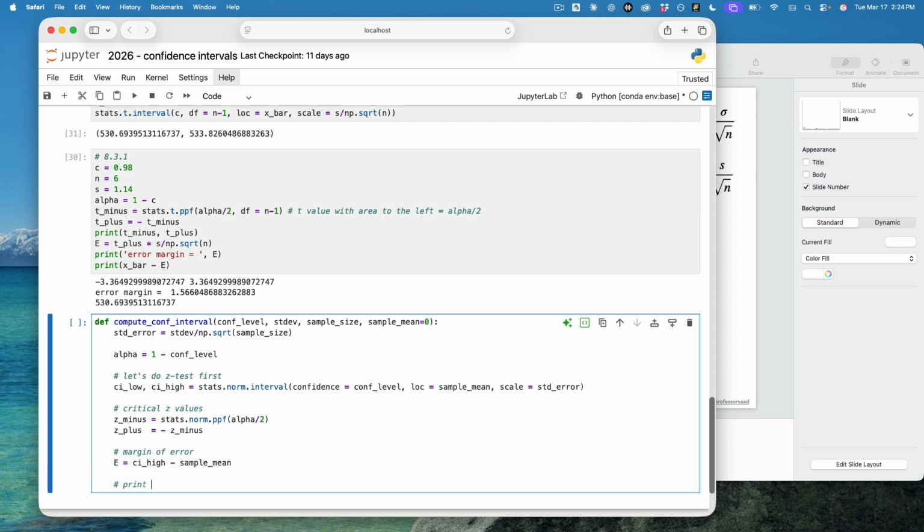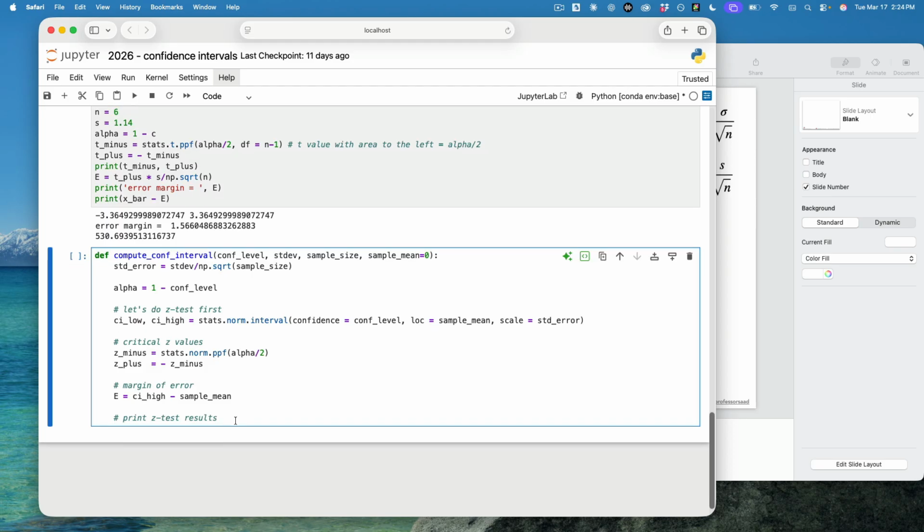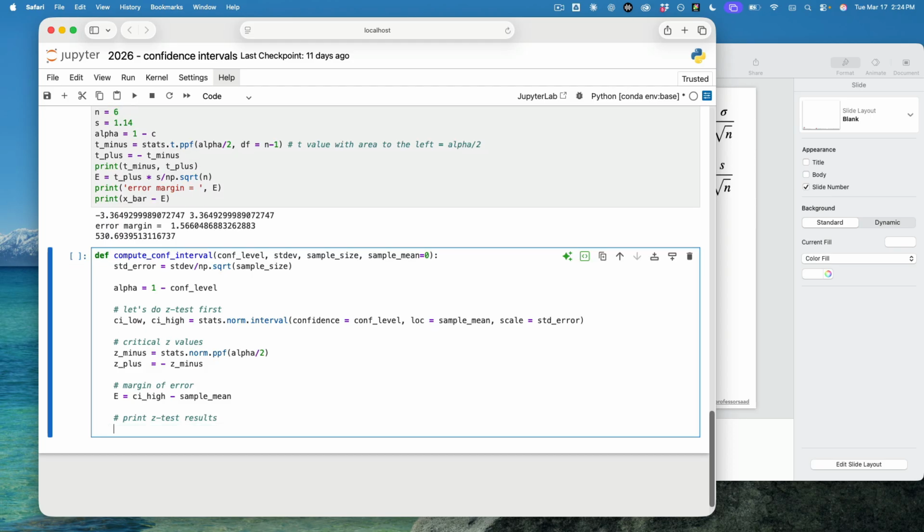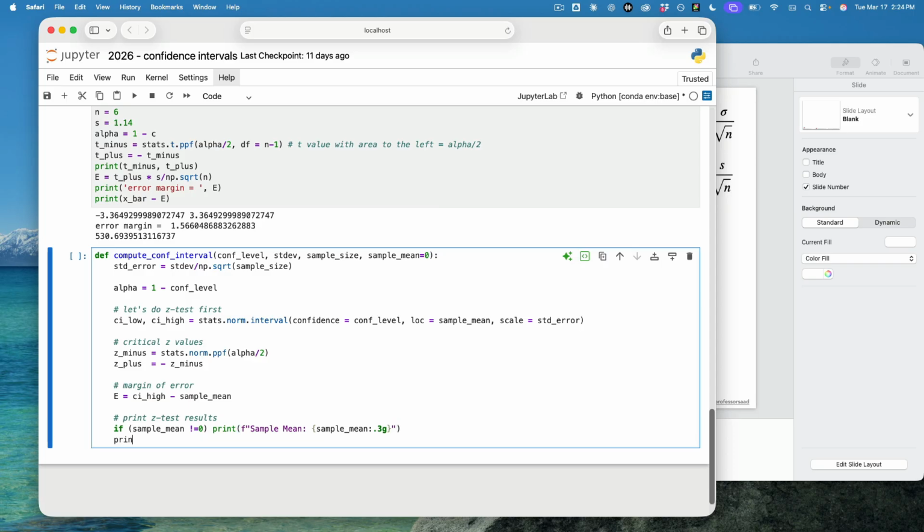So let's print some results. Print z-test results. All right. So let's see how we did it. I'm going to copy some stuff from the previous script. So first of all, if the sample mean is not 0, then I'm going to print it. Sample mean, just to report on what we had. So sample mean, just copy what I'm doing here. Formatting is weird, but it works. Just copy it and then print